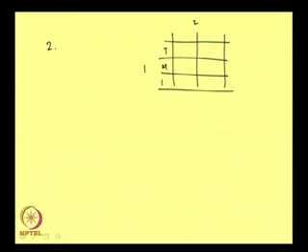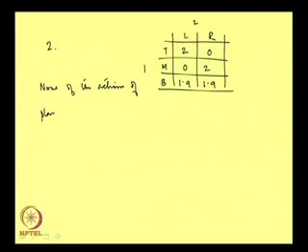Like before, I have 3 actions for player 1 and 2 actions for player 2, and like before, I am just writing the payoffs to player 1 in each of these action profiles. So, the payoff of player 2 is not written. Now, here observe that none of the actions of player 1 is strictly dominated.